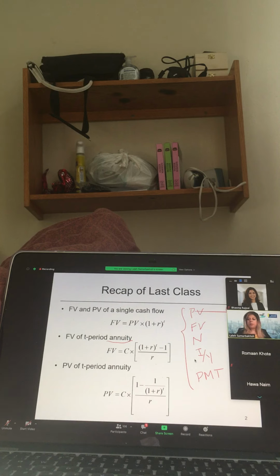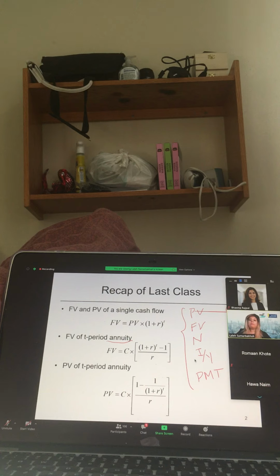Generally speaking, you're going to plug in either the payment or PV as negative. However, most of the time, the best way is to think like a bank. Your calculator thinks like a bank. If money comes in, that's good, positive. Money goes out of your pocket, that's negative. So make sure that you consider that logic. If you get an error on your calculator, make sure that it's one of the reasons for that.